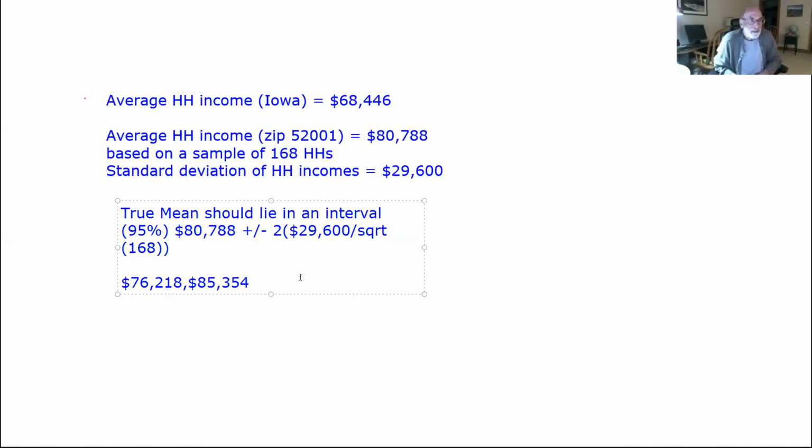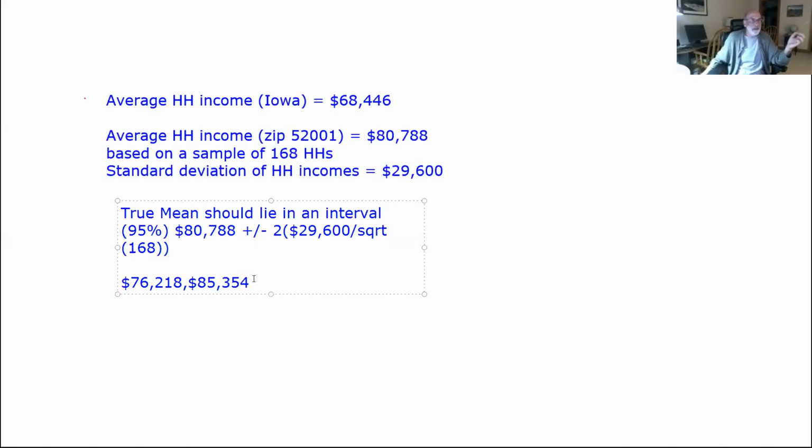So what you would say from this, by applying the central limit theorem, and I will say it, although I'm going to tell you in a second it's wrong, but I still will stand by it, is that I'm 95% sure that the true mean household income in zip code 52001 is somewhere in this interval,